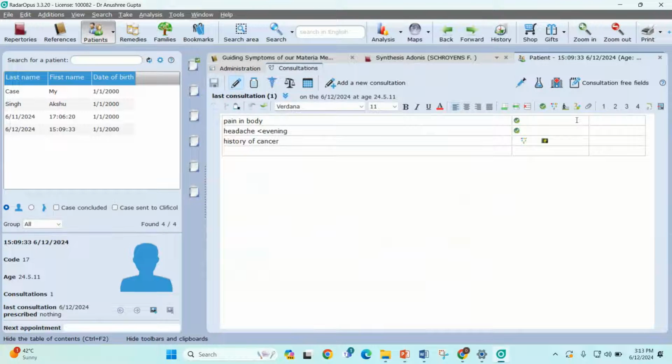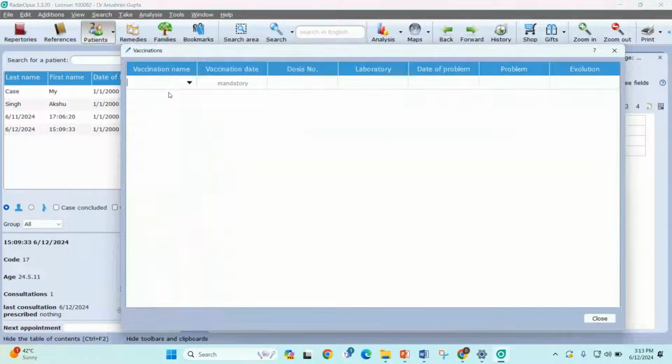Now you can also change the intensity of your patient's symptoms as per your observation. So you can change these intensities. You see these fonts have been changed. Now you can also tag your patient's vaccination, lab test and hospitalization history.